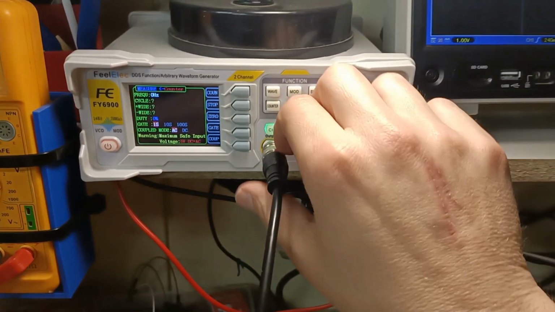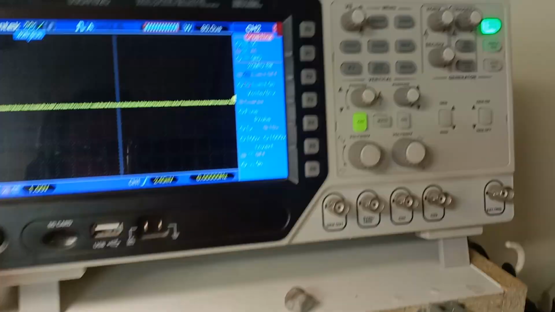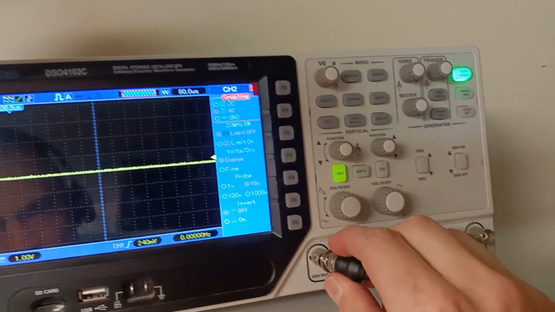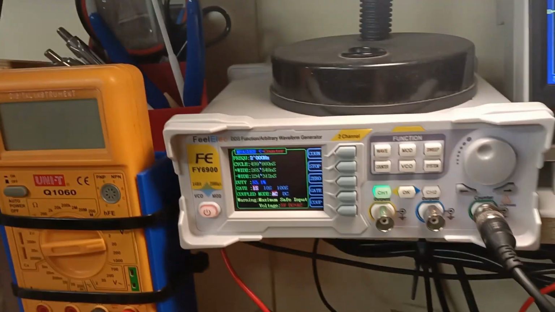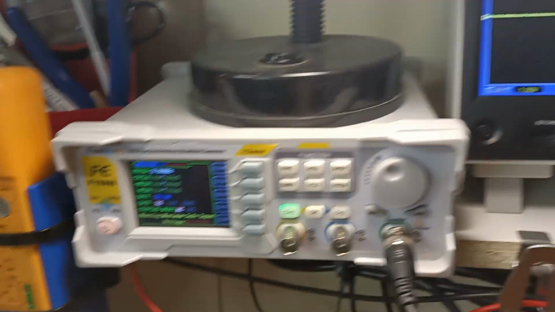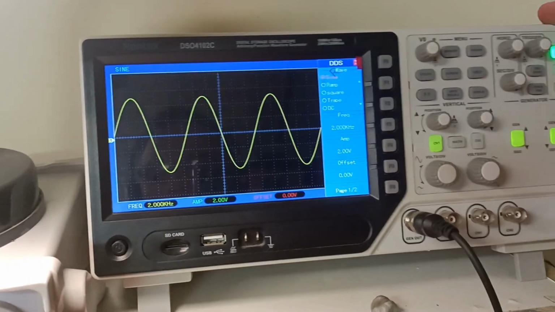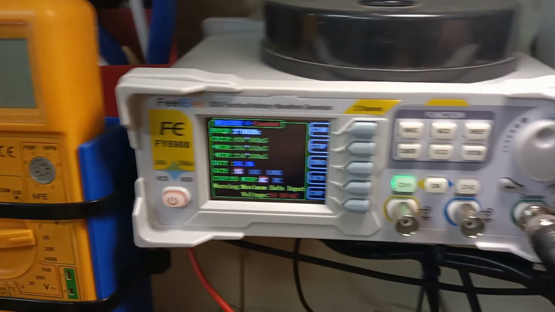Right, so to set it up, I'm going to unplug the other BNC connector. I'm going to use this one to go onto the counter, and then I do have a single channel signal generator function from this oscilloscope, which I'm going to use for that. So I'm going to plug onto that and turn the signal gen on this on. It's not as capable, obviously, as this unit, which is why I got the FY6900. But if in my signal gen, I set up something to produce a 2 kilohertz wave and turn that on, you can see with the counter function,